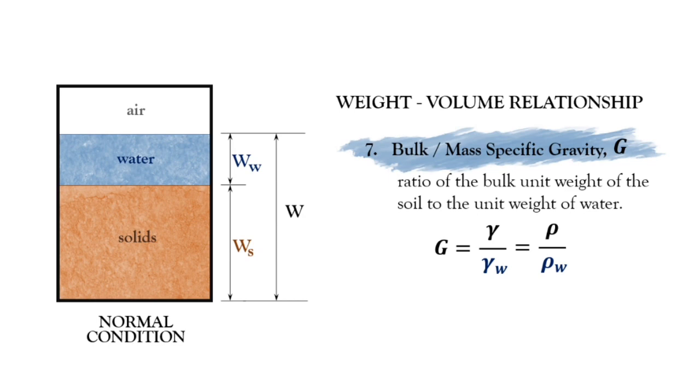So, during the course, ang gagamitin nating value ng unit weight of water is 9.81 kN per cubic meter at ang density ng water natin is 1 gram per cc unless otherwise mag-specify ako ng ibang value. Pero by default, ito yung mga gagamitin nating value ng unit weight and density of water. Okay? So, para sa last